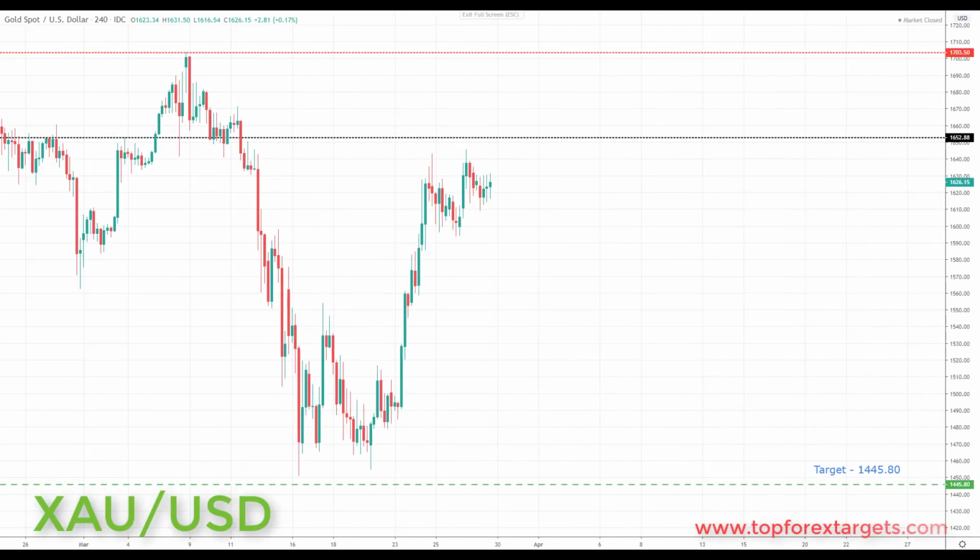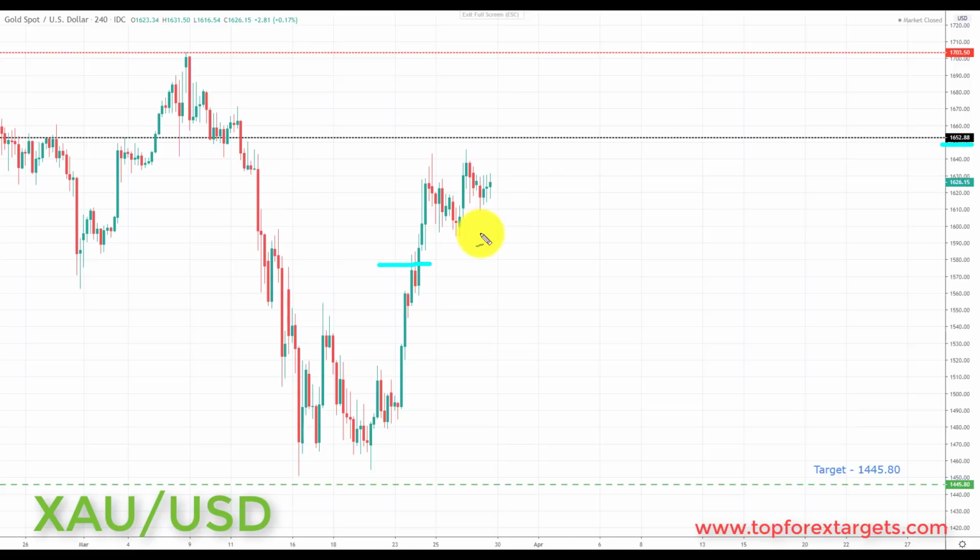And last but not least, we have gold. Now, last week we traded straight through the key area of support, looking to turn resistance at 1.57530, which was about here. And we traded straight through this. We are still overall structured to the downside though in gold. And this is just a reflection of the volatile markets, big swings to the downside, to the upside. So we've had to adjust our key area of resistance up to the 1652.88, but we are still primarily focused on moves to the downside in this market.